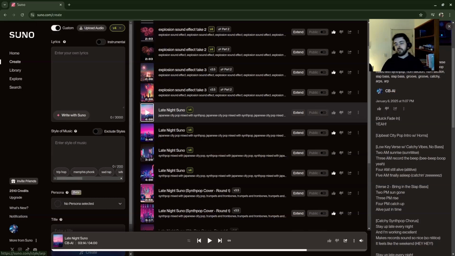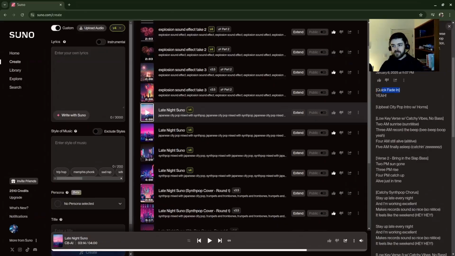ARPs, yeah, there's kind of ARPs in there. That was experimental for me. I didn't know what it would really do with it. But again, ARPs are really like the computer telling the computer to play arpeggios. And the fade in, it didn't really fade in. When I was thinking fade in, I wanted it to fade in the volume into the full song, but I think this one had kind of an intro to it. Let's double check. I think it just goes straight into the song. Let's double check here.